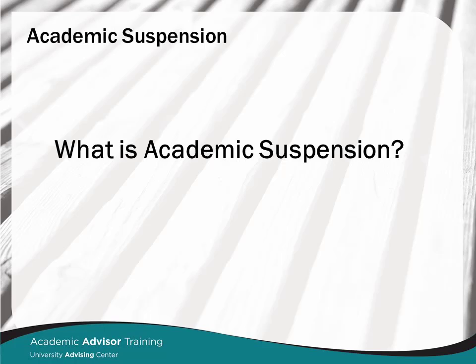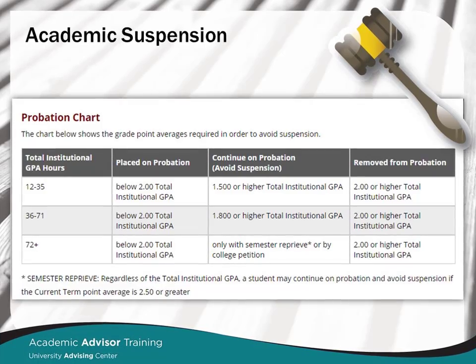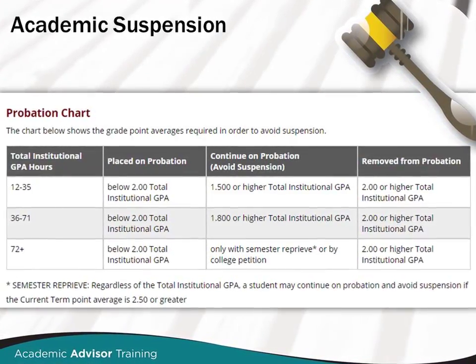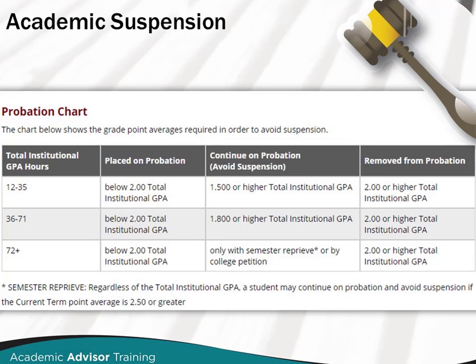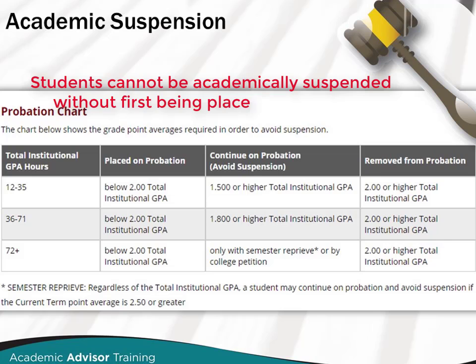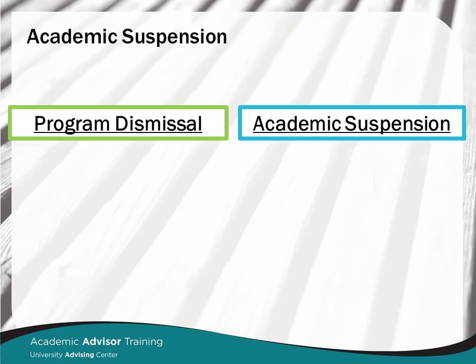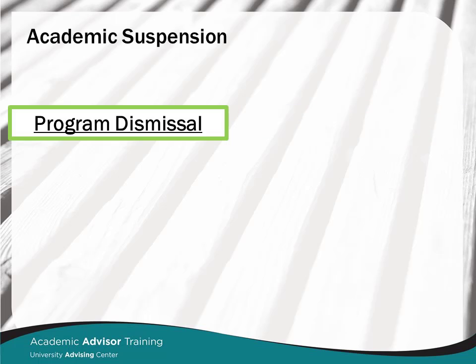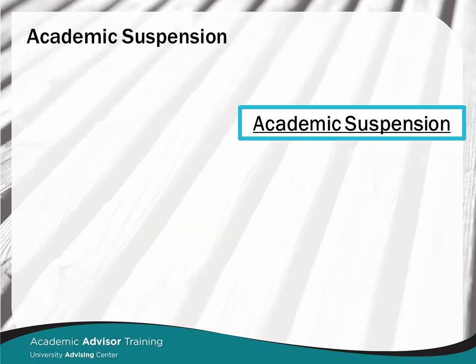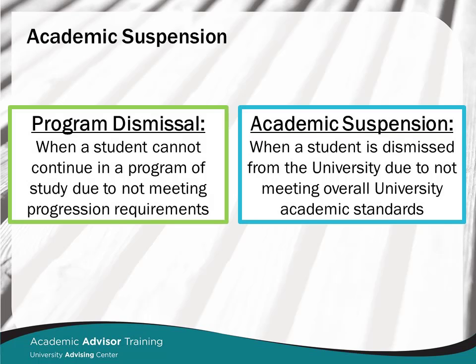Academic suspension. What is academic suspension? Academic suspension occurs when students on academic probation do not meet minimum GPA requirements to be removed from or continue on probation. Students cannot be academically suspended without first being placed on academic probation. There is a difference between academic suspension and program dismissal. Program dismissal is when a student cannot continue in a program of study due to not meeting the academic progression requirements. Academic suspension is when a student is dismissed from the university because they have not met the overall university